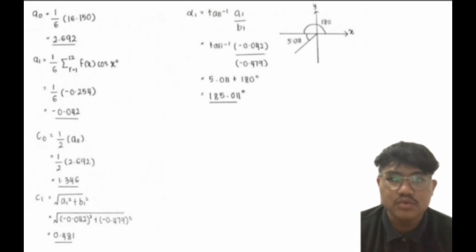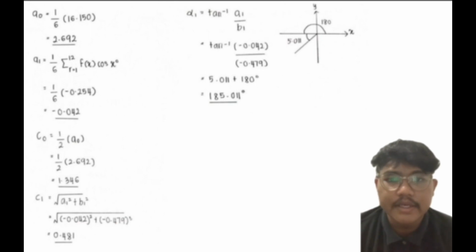Then we find a1. A1 is equal to 1 over 6 multiplied by the summation of fx cos x, and then we get the value negative 0.042. And then we find the value of c0. C0 is 1 over 2 multiplied by a0, and then we get the value 1.346. And then we find the value of c1. C1 is the square root of a1 squared plus b1 squared. Then we get the value